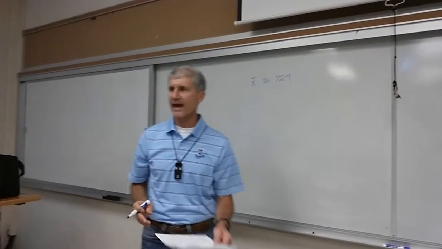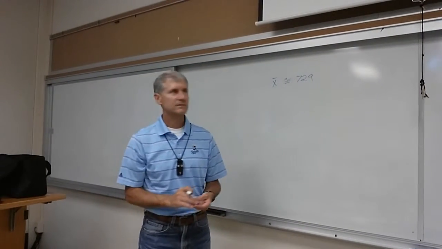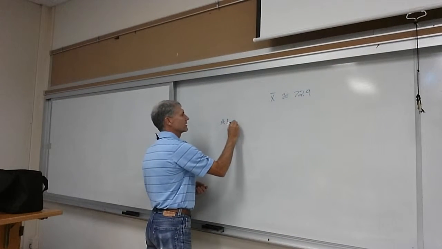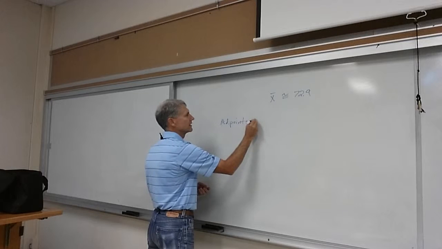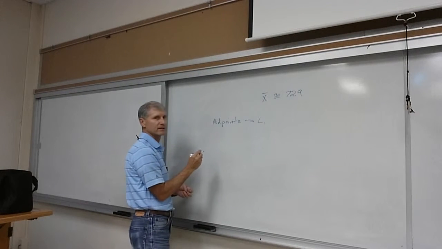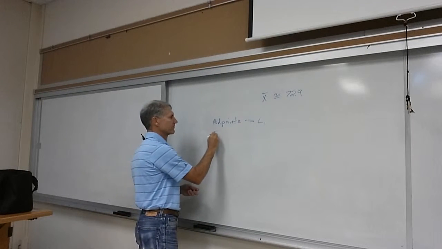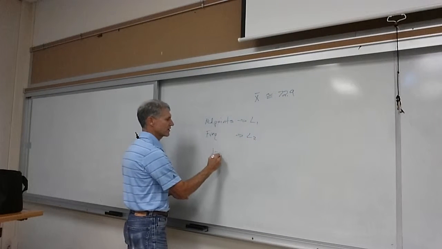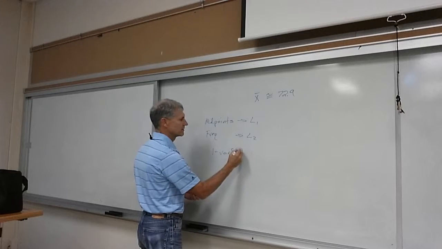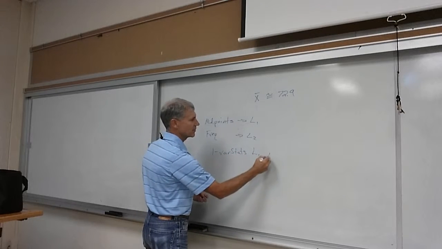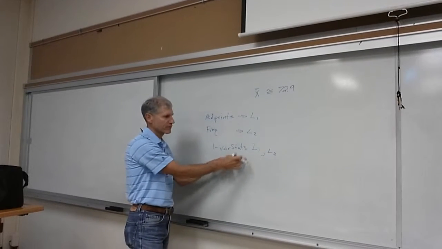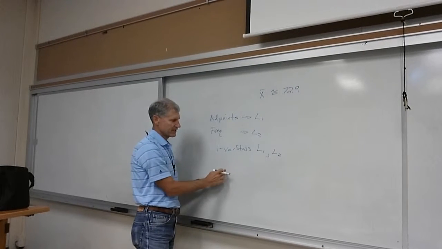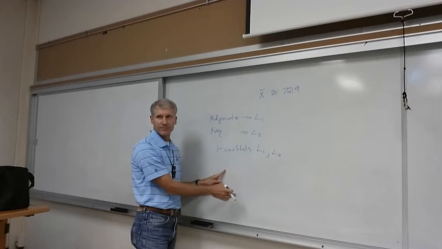Now, how do you get that? You find the midpoint of all of your classes. Okay, so midpoints go into what? L1. Into L1. And then the frequencies go into L2. And then you do 1-Var Stats L1, comma, L2. Or if you're on the newer form, it would say List: L1 and then FreqList: L2.